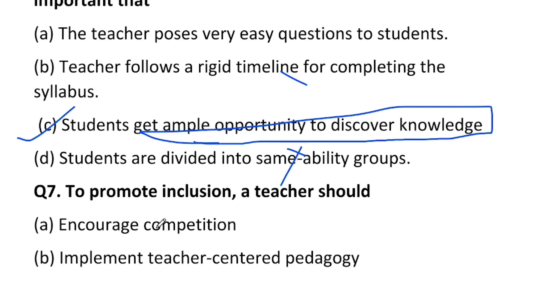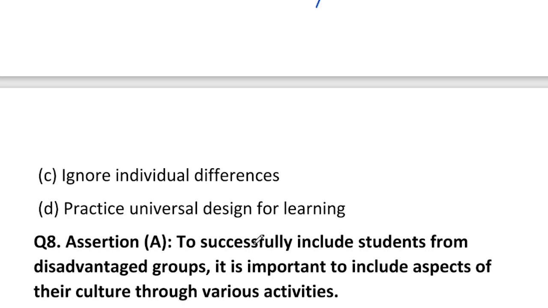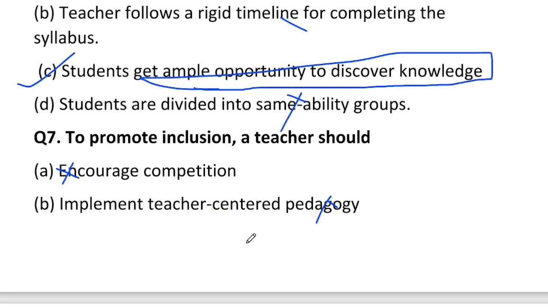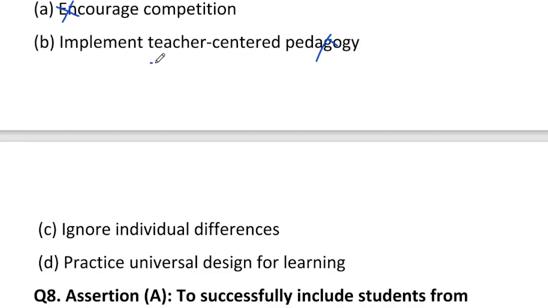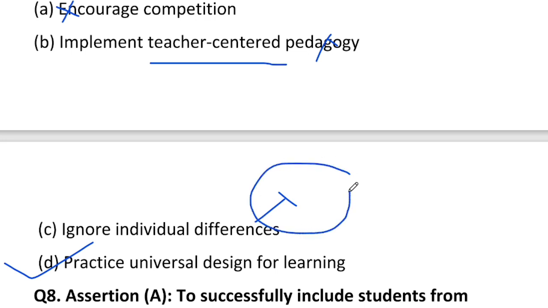To promote inclusion, a teacher should encourage competition. No, competition is not a good idea at all. Implement teacher-centered pedagogy. No. A teaching learning method should always be learner-centered, not teacher-centered. Ignore individual differences. No. Practice universal design for learning. Yes, this is the right answer because universal design can be accepted by everyone, every able person or disabled person, or